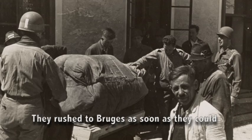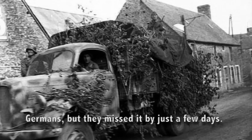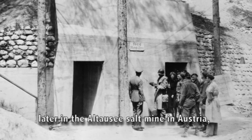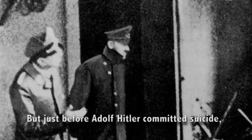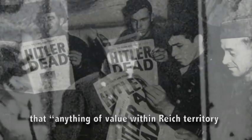They rushed to Bruges as soon as they could to hopefully rescue the piece from the looting Germans, but they missed it by just a few days. It was eventually located a few months later at the Altaussee salt mines in Austria, but it was still controlled by the Nazis. But just before Hitler committed suicide, he gave the famous Nero decree, ordering that anything of value